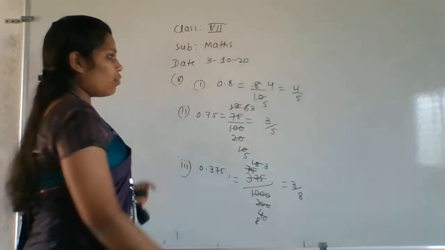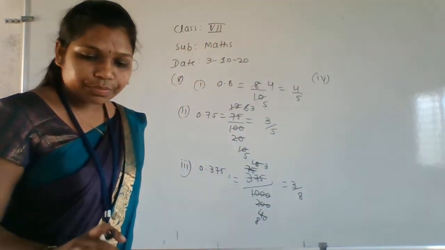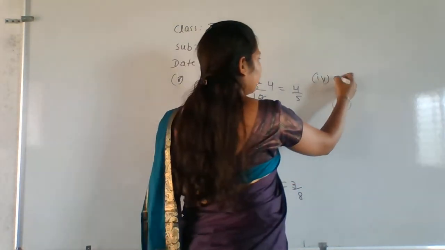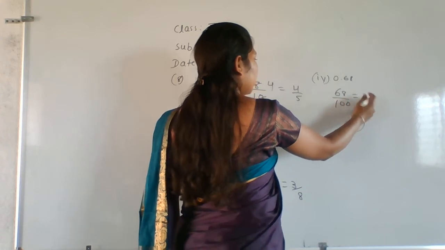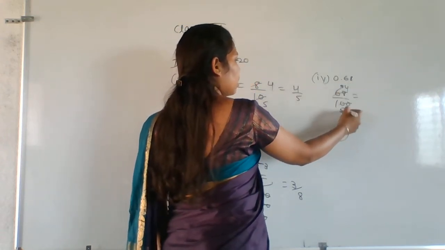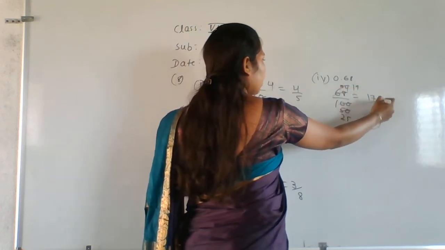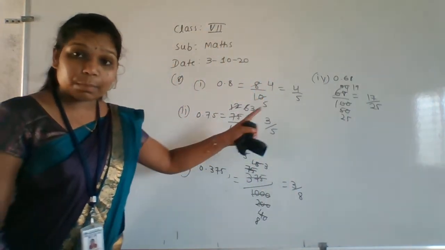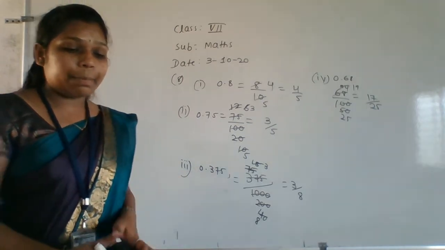Okay. Next go for the fourth problem. What is the given fourth one? Fourth one is 0.68. That is 68 by 100. Okay. So cancel. 2 5s are 10, 0. 2 3s are 6, 2 4s are 8, 2 25s are 50, 2 17s are 34. So left with 17 by 25. 17 by 25 is the simplest fraction. That is the answer. Okay. So 8th main is completed now.